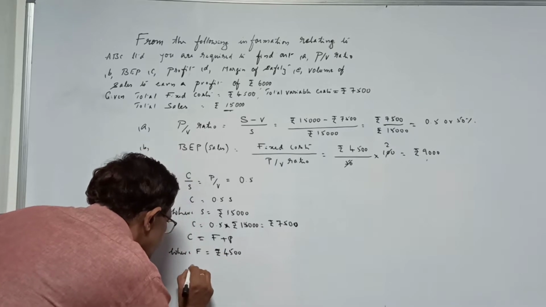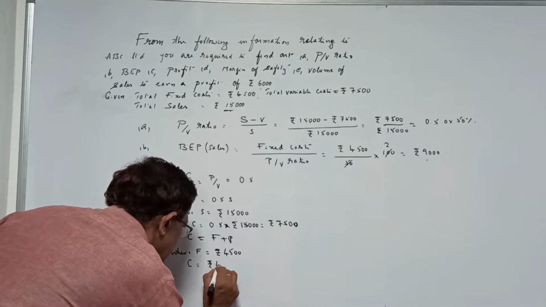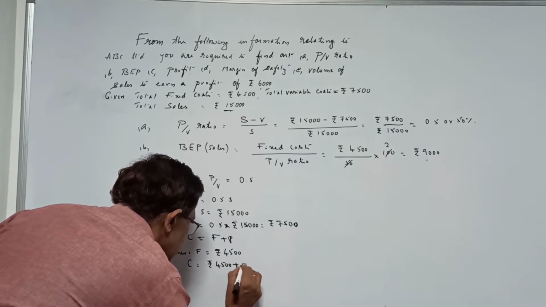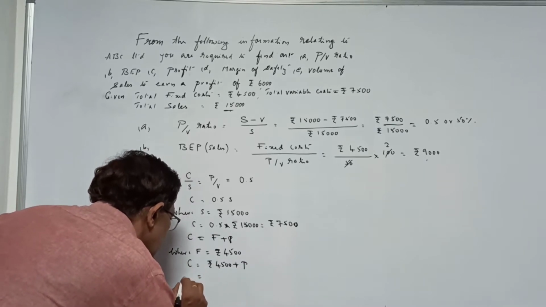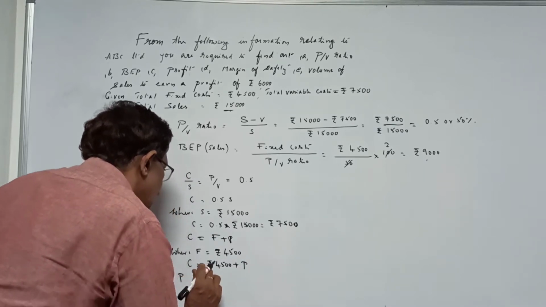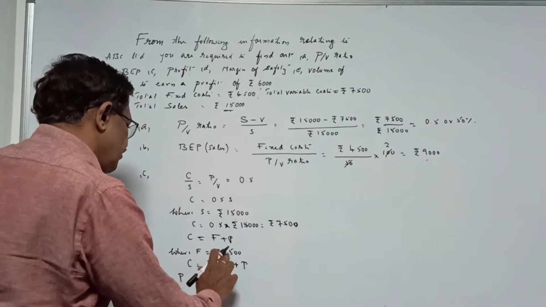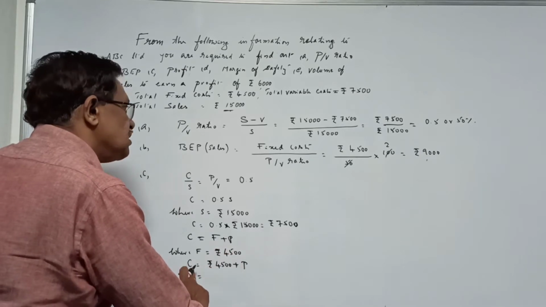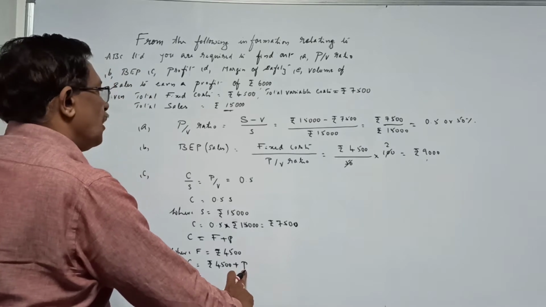Then C is nothing but rupees 4,500 plus P. C is already known. C is F plus P. F is known to us as 4,500. C is nothing but 4,500 plus P, and